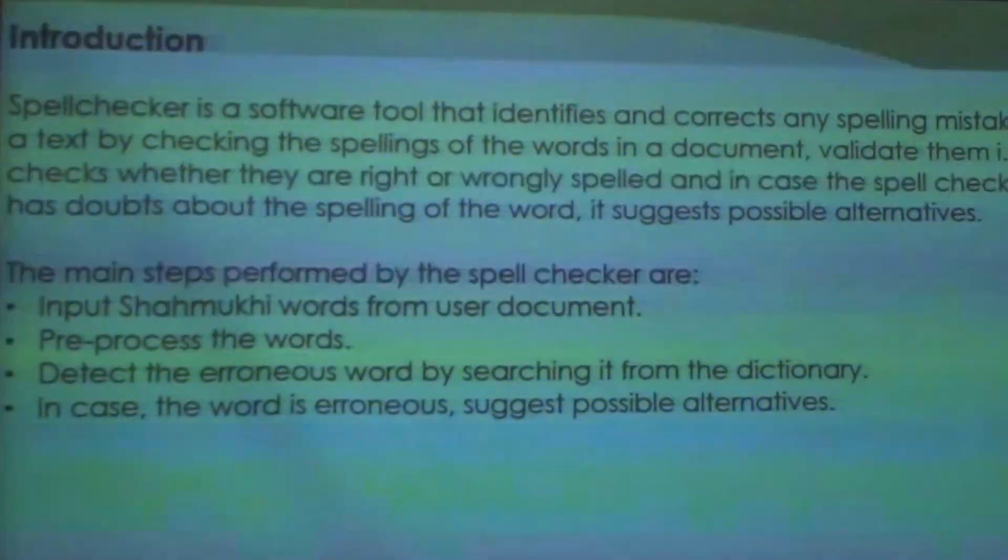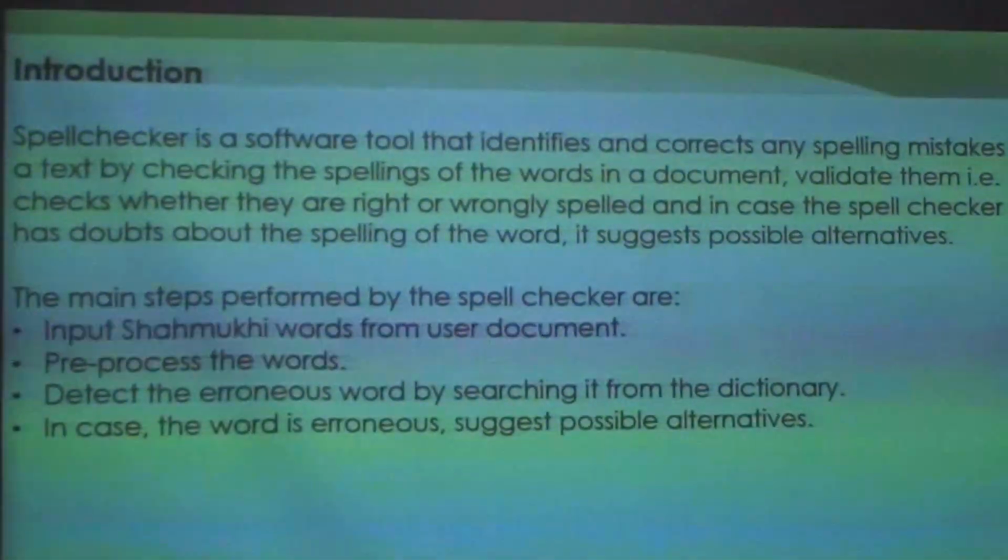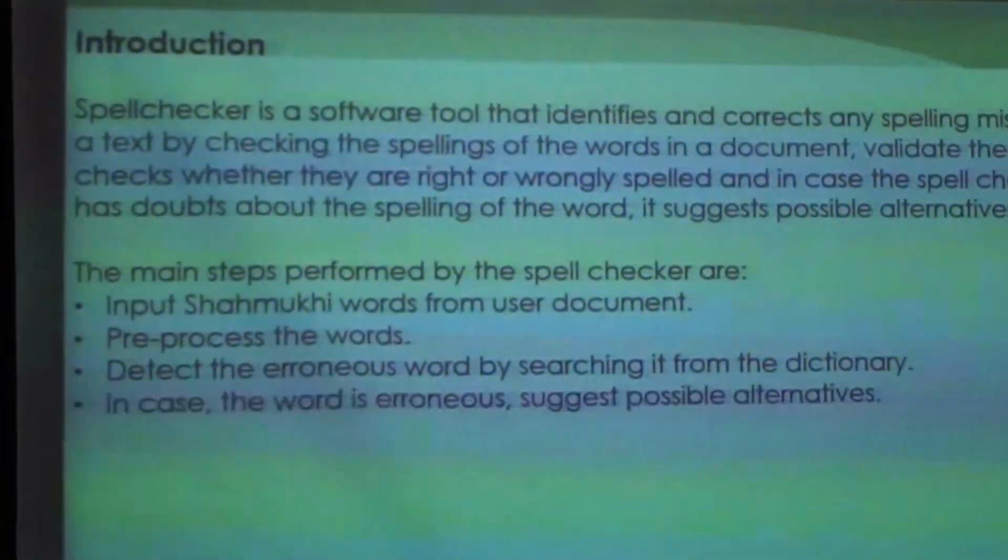The main steps performed by the spell-checker are: the text is input to the spell-checker, then the spell-checker pre-processes the